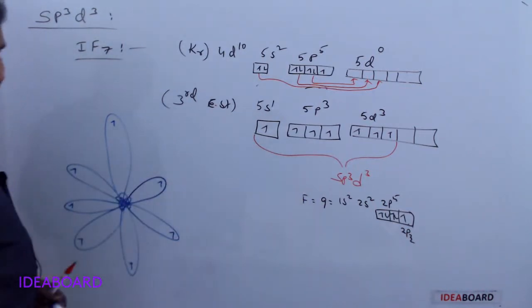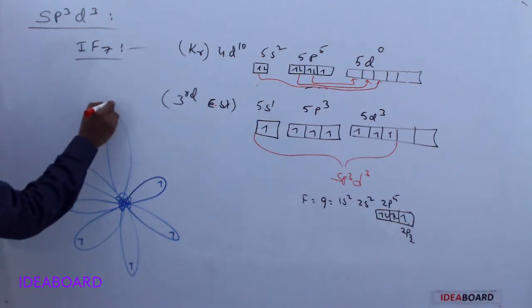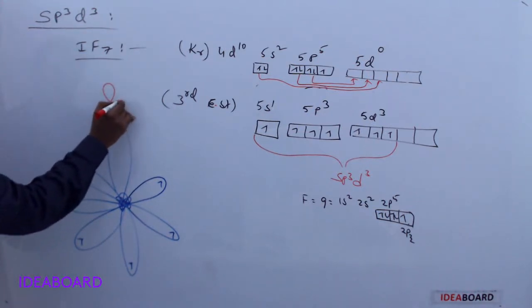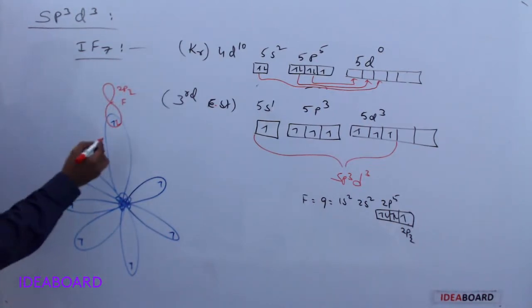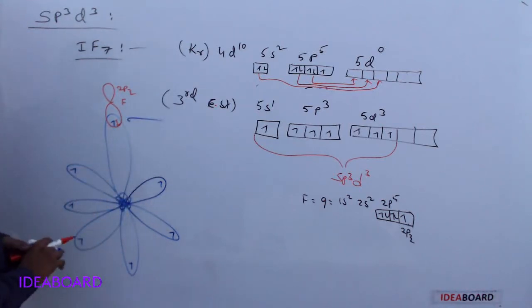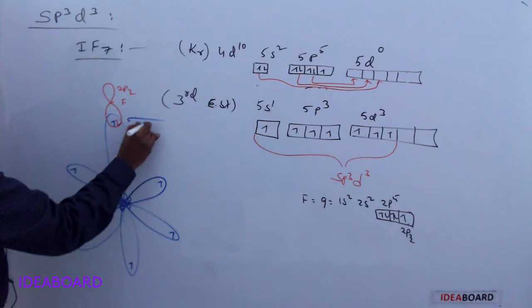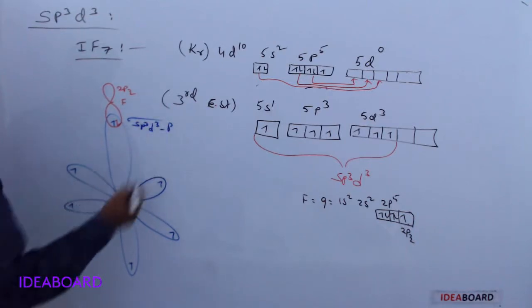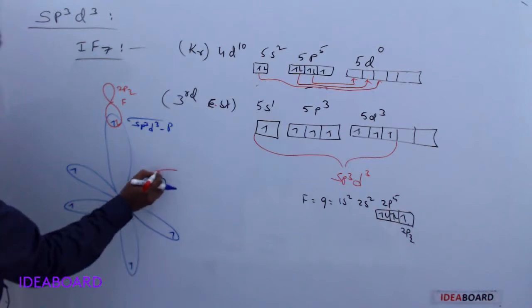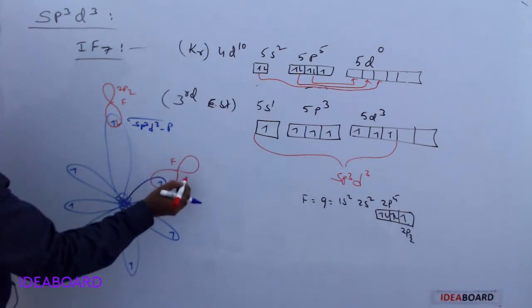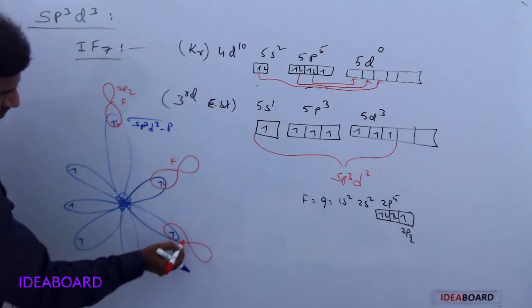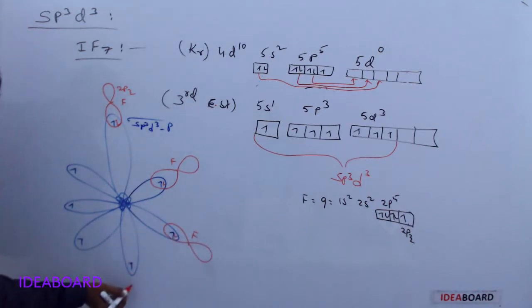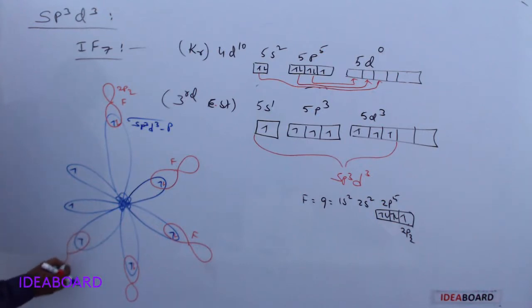Now the fluorine 2pz orbital is also dumbbell shaped. The fluorine 2pz orbital with one electron overlaps and forms a sigma bond, always a linear overlap with the hybrid orbitals, a sigma sp3d3-p bond. Similarly, another fluorine also overlaps linearly, and this is also a sigma sp3d3-p bond. So 7 such sigma sp3d3-p bonds are formed.